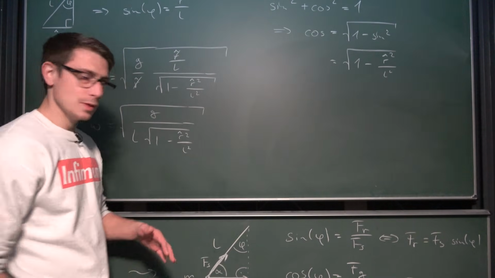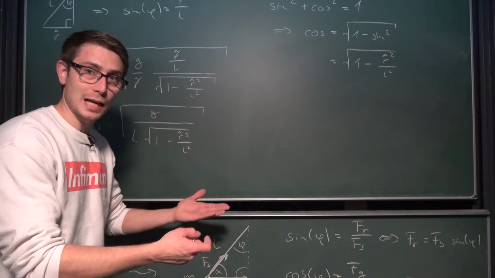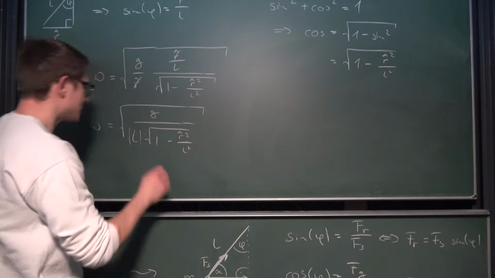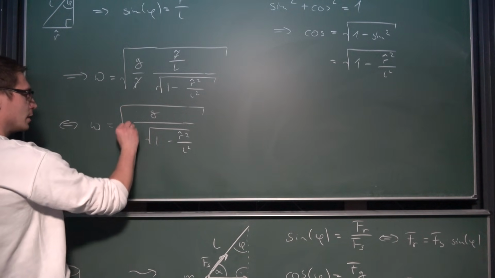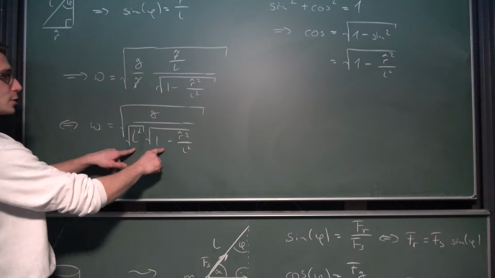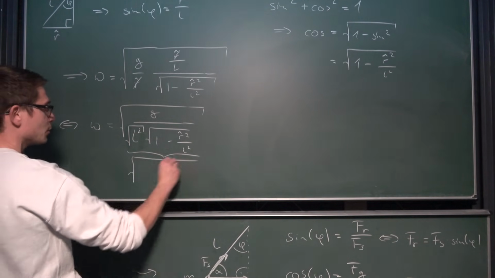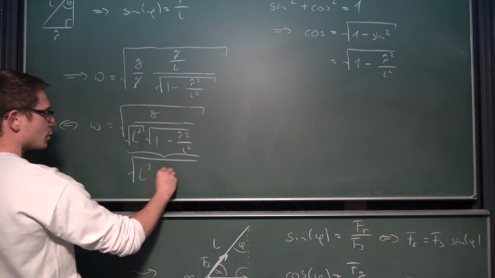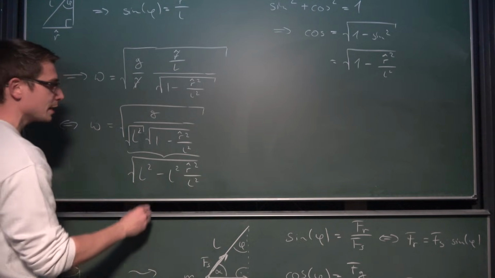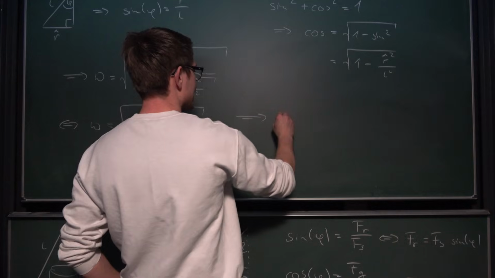And what we can do is a bit of black math magic. L is a positive side length, so that's the same thing as the absolute value of L. And the absolute value by definition is the square root of the quantity squared. And the square root is multiplicative, so we can drag it to the inside, leaving us overall with this expression as being the square root of L squared minus L squared times r hat squared divided by L squared, where L squared is going to cancel out,